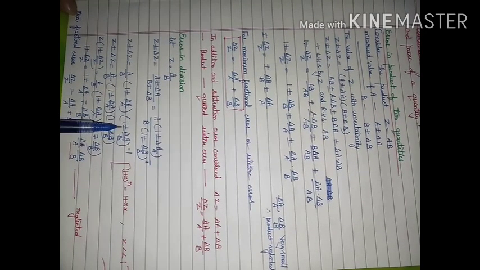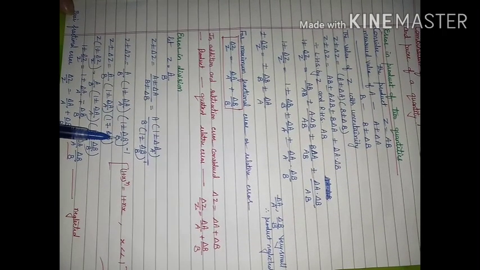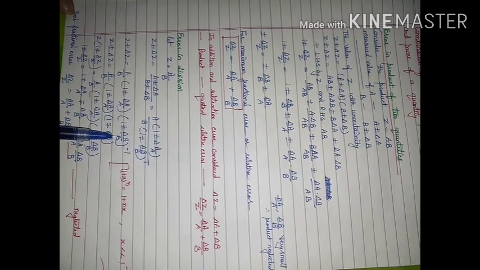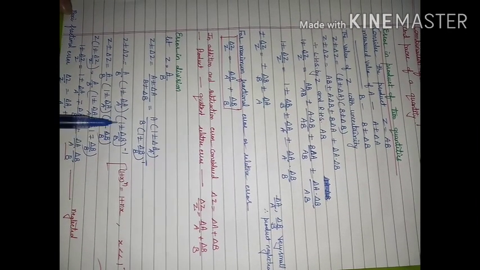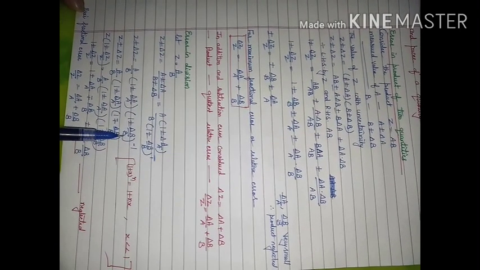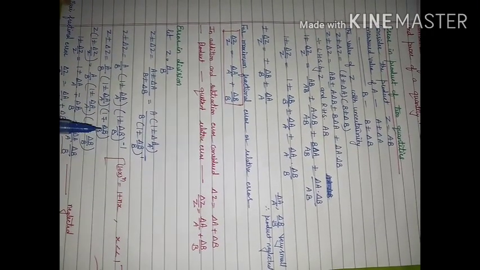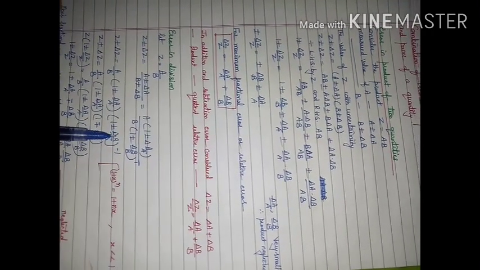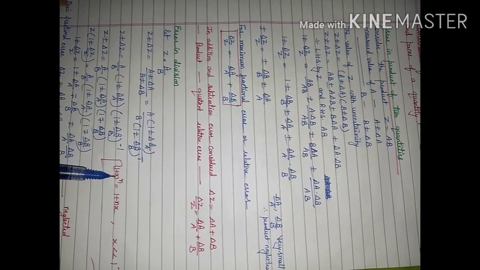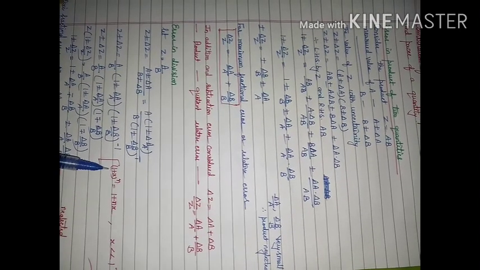Now we should know how to solve this. This factor delta B upon B is very small as compared to 1. So we can use mathematical operation, that is binomial expansion, for this. This binomial expansion will be considered when this factor is coming out to be very small as compared to 1. So if I will consider this is represented by x and this is represented by n, then formula is 1 plus x raised to power n, where x is very small as compared to 1.